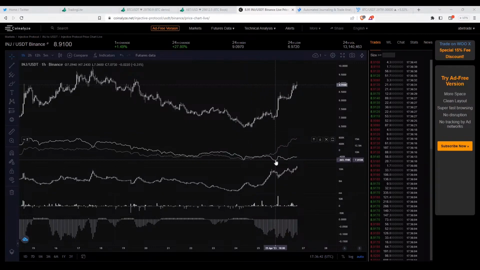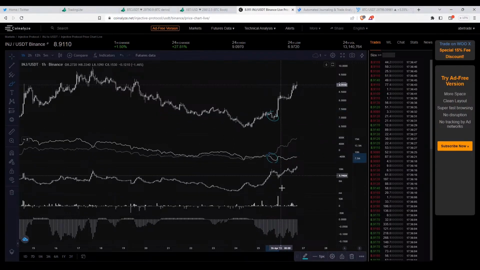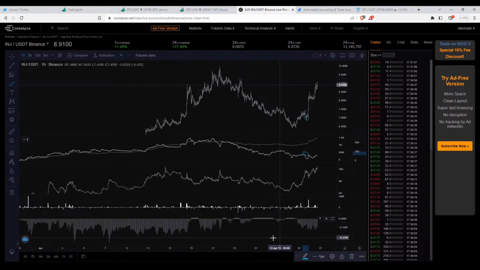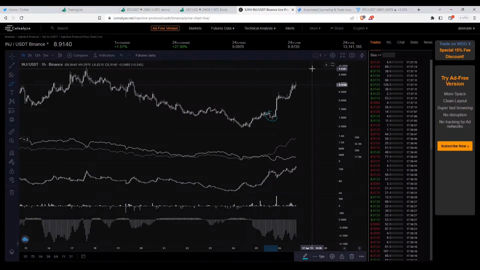Then you have this huge decrease in the spot CVD on this move down. Here, this got picked up so much on the spot limit bid. Basically this means that someone is selling a lot of injective on the spot market. It got picked up so quickly that funding is once again pretty extreme. It's not that extreme compared to some of these other spikes, but still, this is once again performing very well.